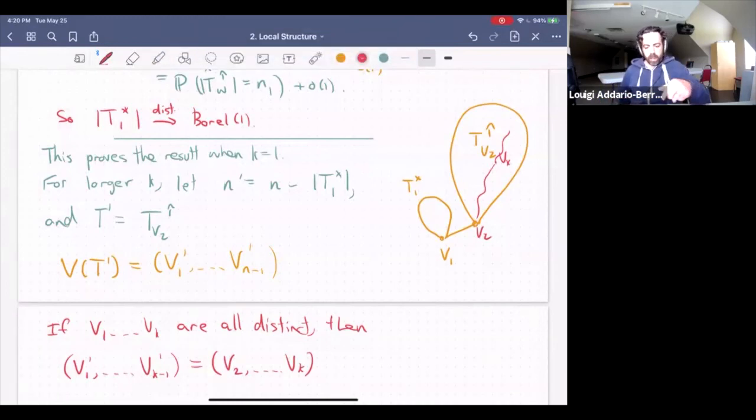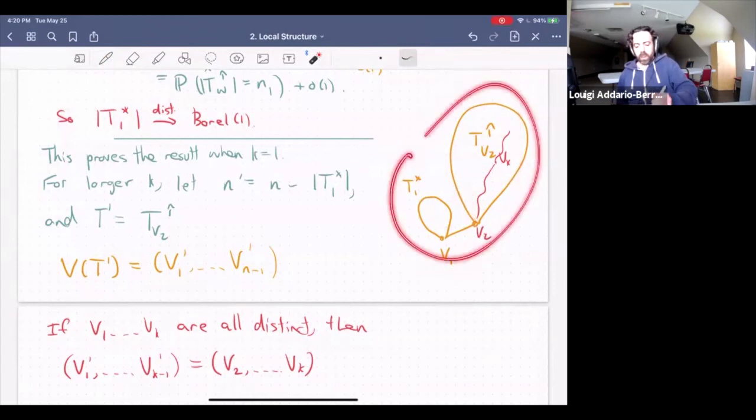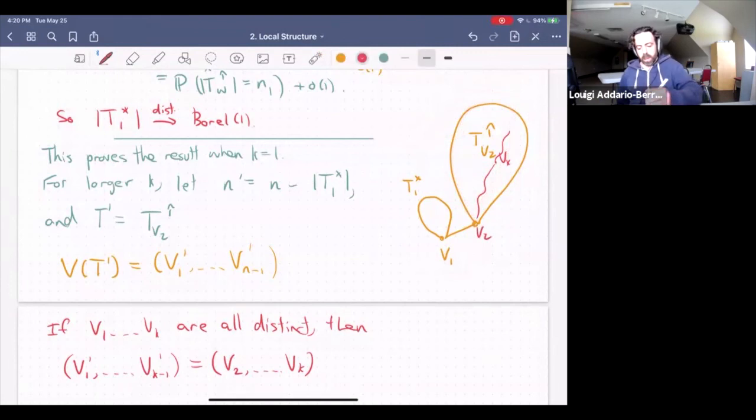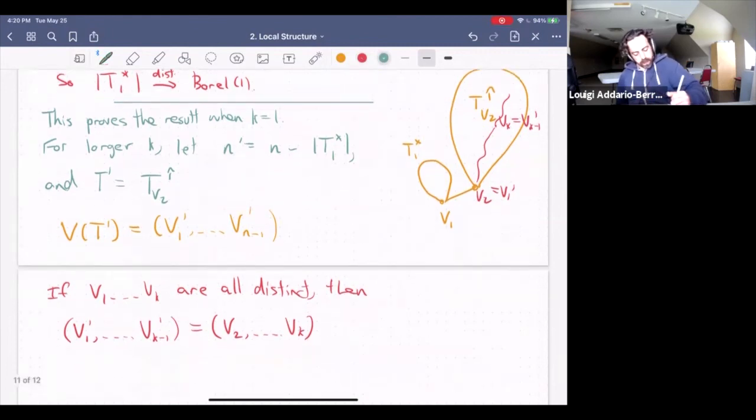We can say a bit more than that, in fact, right? If we think about the subtrees hanging off of this path, those subtrees are the same whether we think of them as subtrees of the whole tree T or just of the smaller tree T prime. It's just that in the bijection, the index of their root is shifted by 1 because this is the new root. So this is V1 prime, right? And Vk is Vk minus 1 prime, and so on. Okay, and so that tells me that in fact I have something slightly more than this. So more strongly,